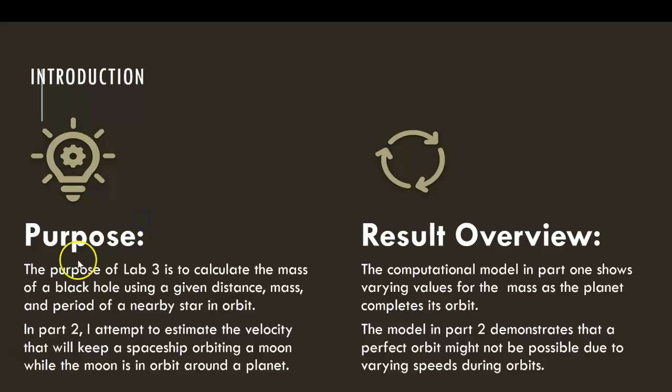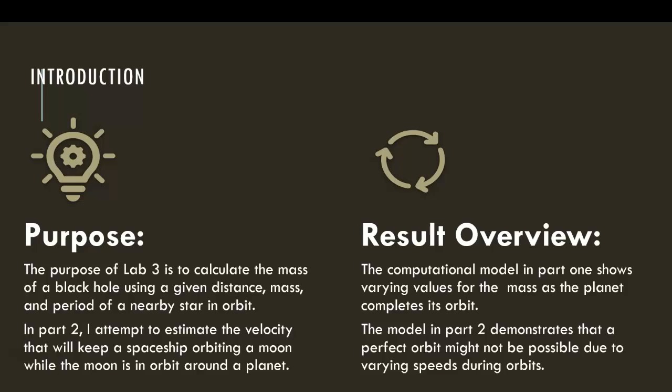The purpose of this lab is to calculate the mass of a black hole using the given distance, the mass, and the period of a nearby star. And in part 2, I attempt to estimate the velocity of a ship that would keep it in orbit around a planet while the planet, when I say planet, I mean moon, while the moon is in orbit around another planet. The computational model shows the varying values for the mass of a black hole as the planet completes its orbit,